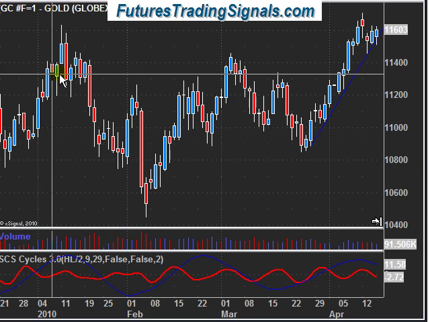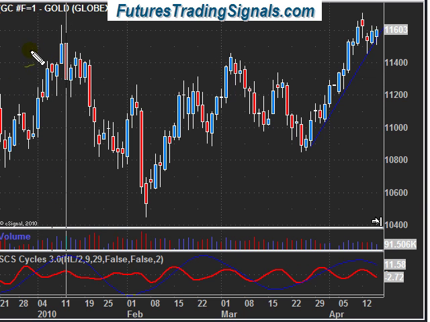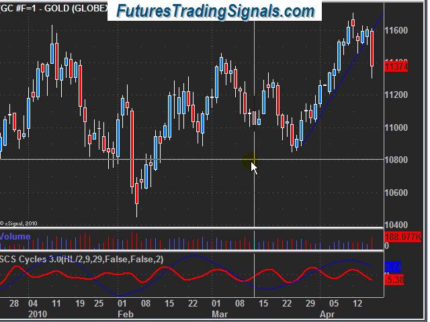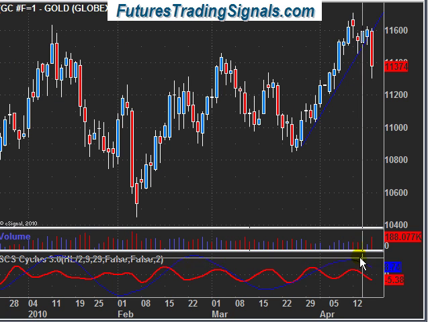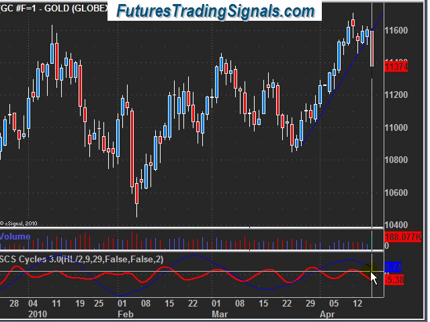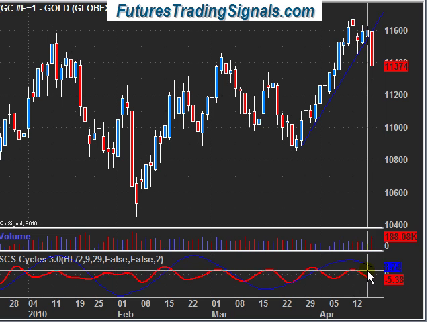And so what I was looking at here was the amount of time it took for this head and shoulders to form, and of course it took 4 days, and then we saw a big drop, and we had 3 days for this head and shoulders over here, and we were expecting to see a drop. And if I zoom into today, we actually did get that follow-through drop, and both cycles were down and the cycles were ending, so it added a lot of fuel to the fire for sellers.